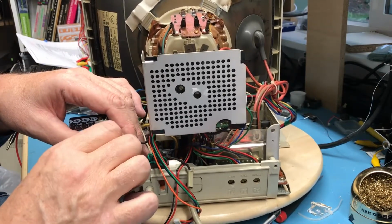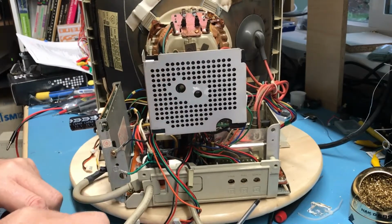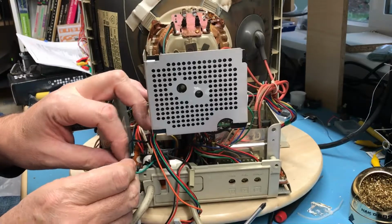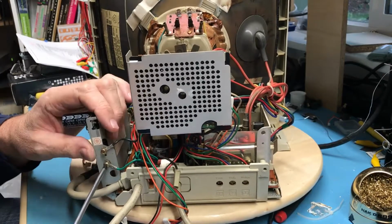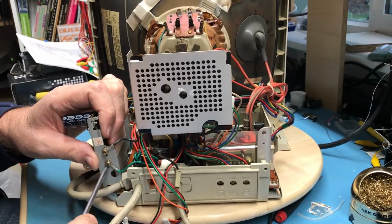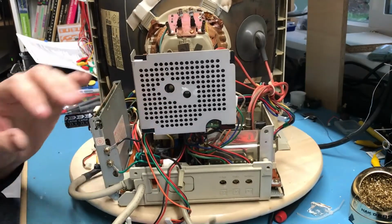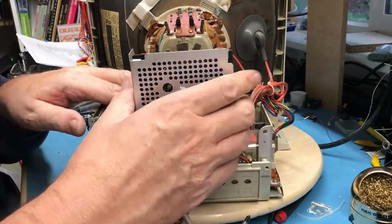Comes back here for a ground. This one and this washer. This is where it picks up the actual earth ground and the power cord. These are kind of important connections. There's a floating ground lead right here that comes up to the...